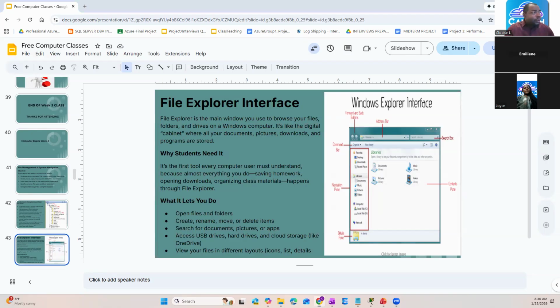Okay, so if we look at this here, File Explorer interface. File Explorer is the main window you use to browse your files, folders, and drives on a Windows computer. So once we talk about File Explorer, we are referring to what? A Windows computer. It's like the digital cabinet where all your documents, right? Your pictures, your download folders, and programs are stored. All your programs are being stored,